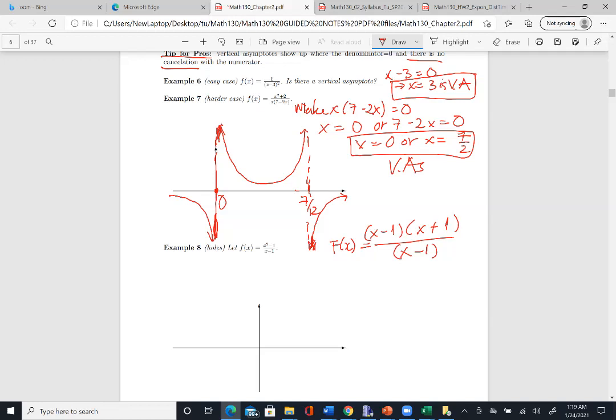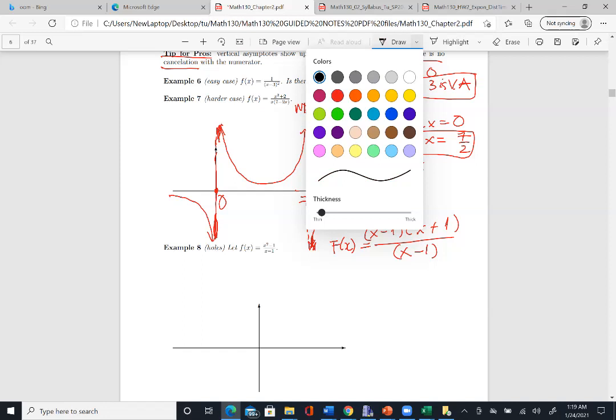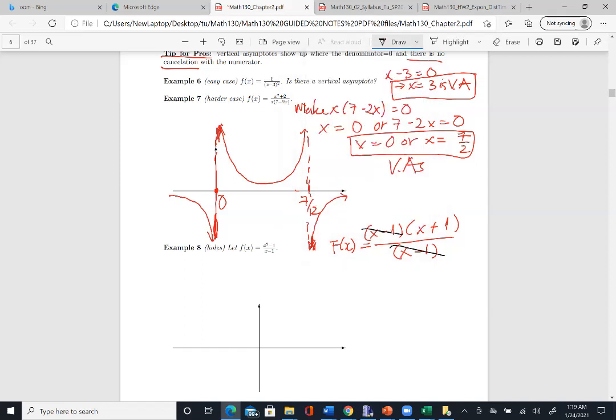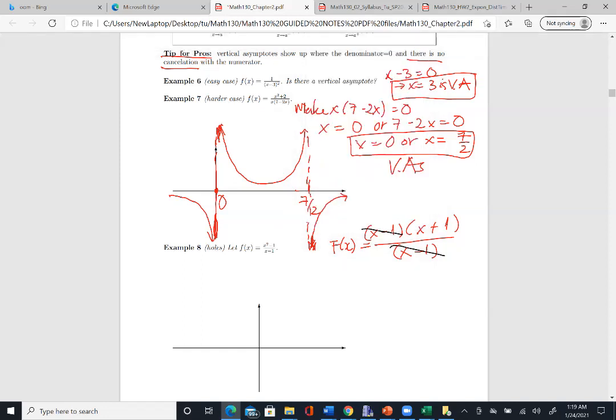So in this case, you have a common factor between top and bottom, and you can cancel the x minus 1 factor